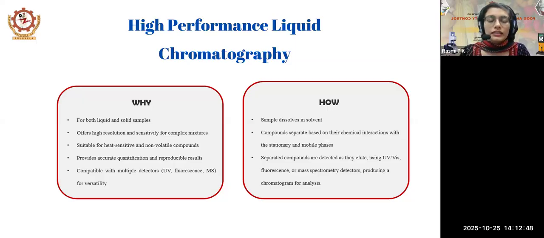A UV detector emits UV light through the samples, and some of the compounds present in the sample will absorb the UV light, and according to the transmitted light from the sample, we can detect the compound present in the sample. In the case of fluorescence detectors, these are used to detect fluorescent compounds. Here the sample will pass through the detector, and some of the compounds that have this fluorescence characteristic will emit fluorescent light, and based on the fluorescent light emitted from the sample, it will detect the compound present